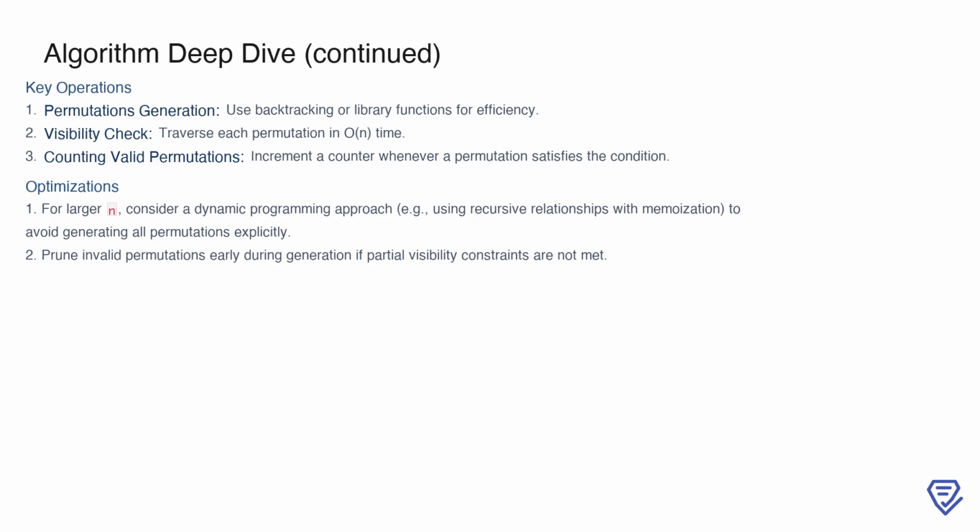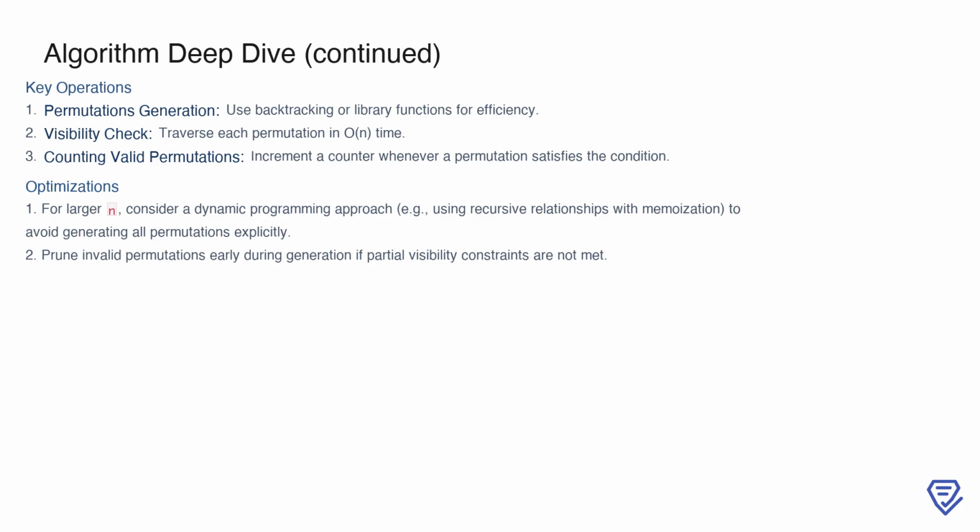To improve performance for larger values of n, we can explore dynamic programming. For instance, we can use recursive relationships with memoization to calculate the number of valid permutations without explicitly generating them all. Additionally, we can prune permutations early during generation if they fail partial visibility constraints, reducing unnecessary computations. These optimizations make the problem more tractable for larger inputs, transitioning us from a brute force solution to a more